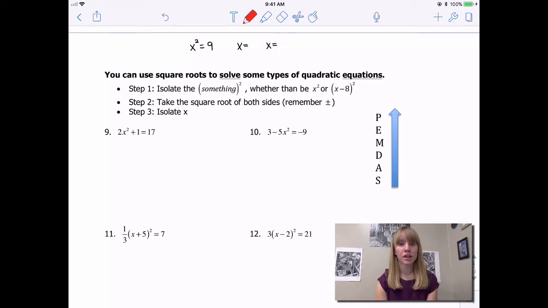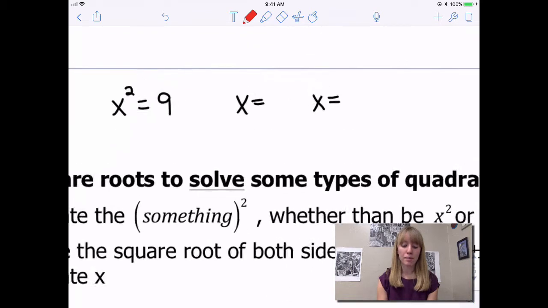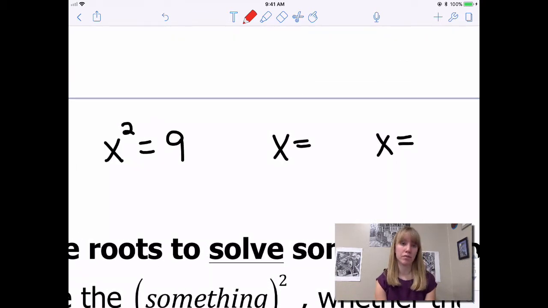In the last video, we talked about simplifying some square roots. What we're going to do in this video is solve some problems using square roots. So we'll have to use some of those other skills, but I want to go over one thing before we start actually solving. So if we have the problem x squared is equal to 9,